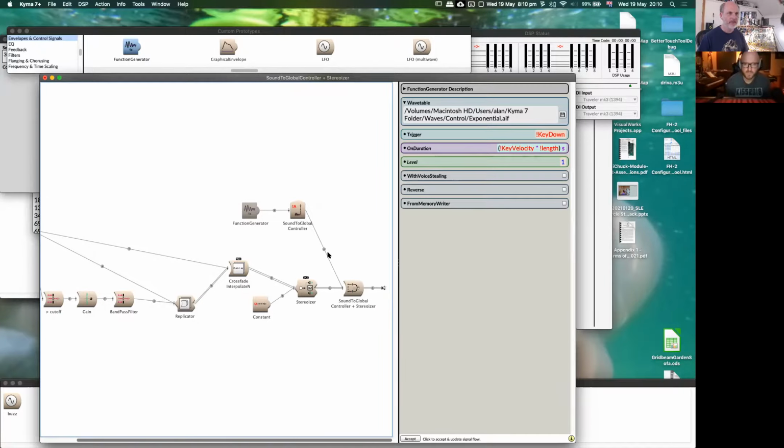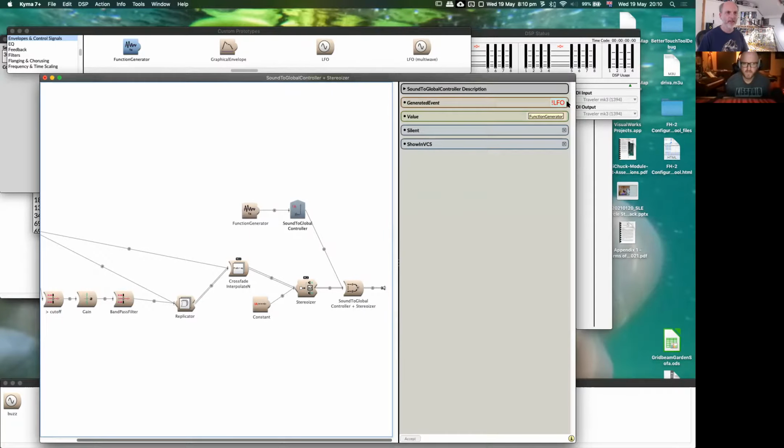Okay. So we got this function generator. That's going to go into the sound to global controller, and that's going to affect, what are we going to affect again? Frequency. Okay, so this is going to be a number coming out from 1 to 0 or something. So what range of frequency do you want? The frequency fader goes from 0 to 10,000 by default.